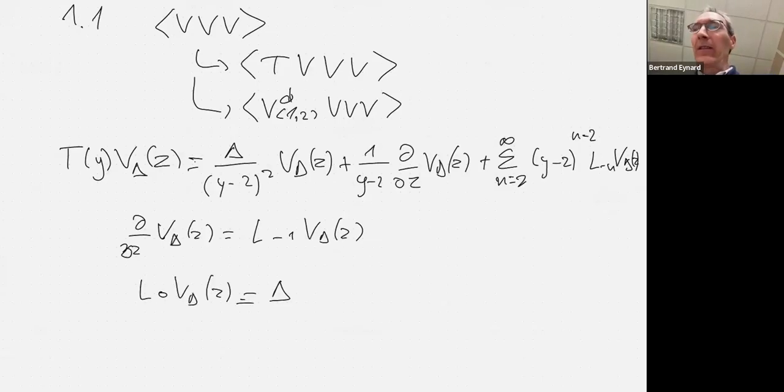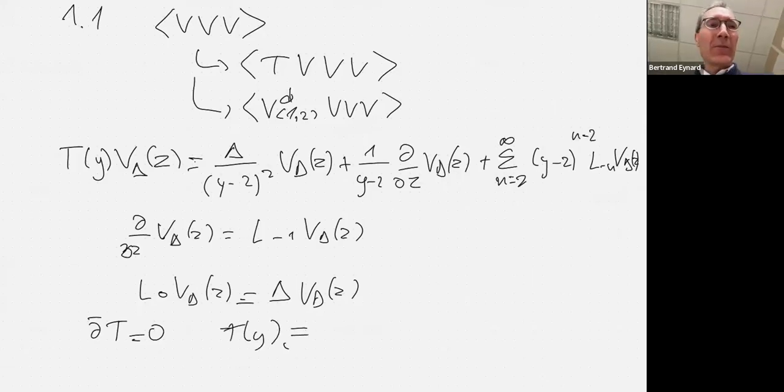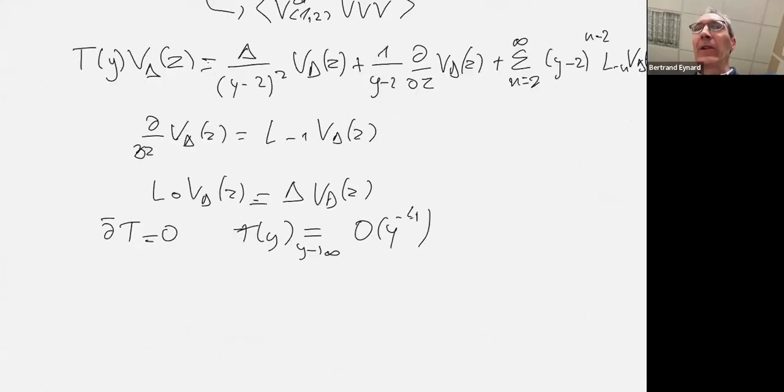So once you know this operator product expansion, then with the help of the properties of T, in particular the fact that T is holomorphic, d bar T is 0, and the fact that at infinity on the sphere, T of y behaves as y to the minus 4, thanks to this property, you can derive Ward identities for your correlation function. And in particular, these Ward identities tell you how descendants behave if you already know the correlation functions of primary